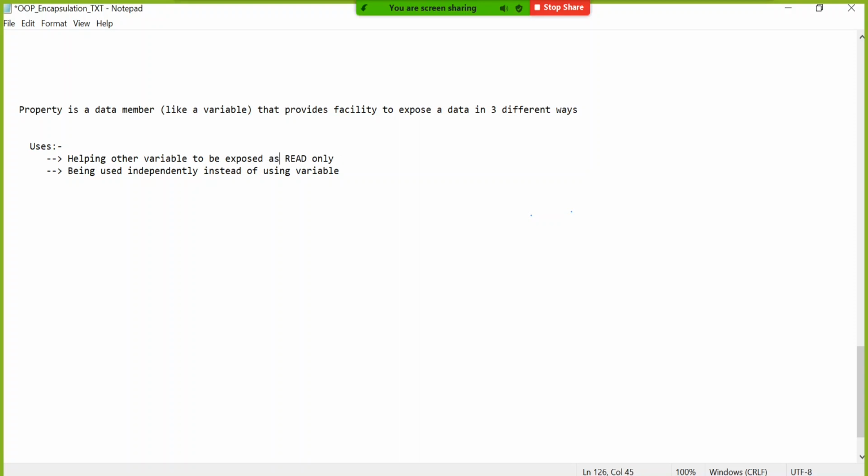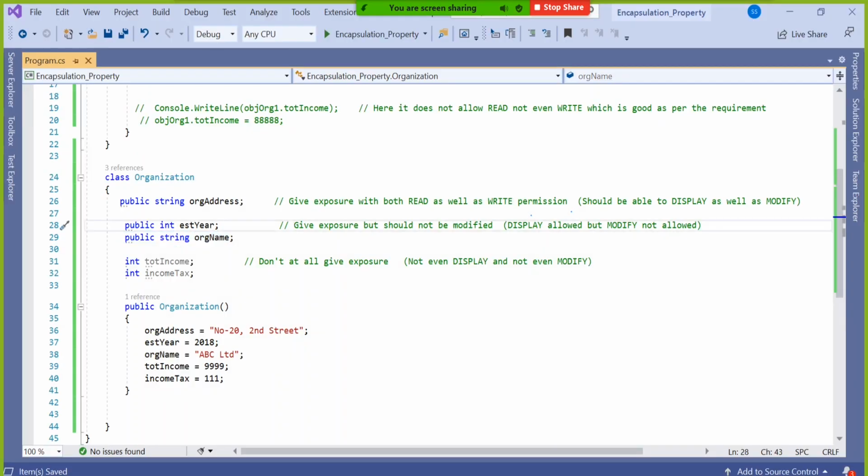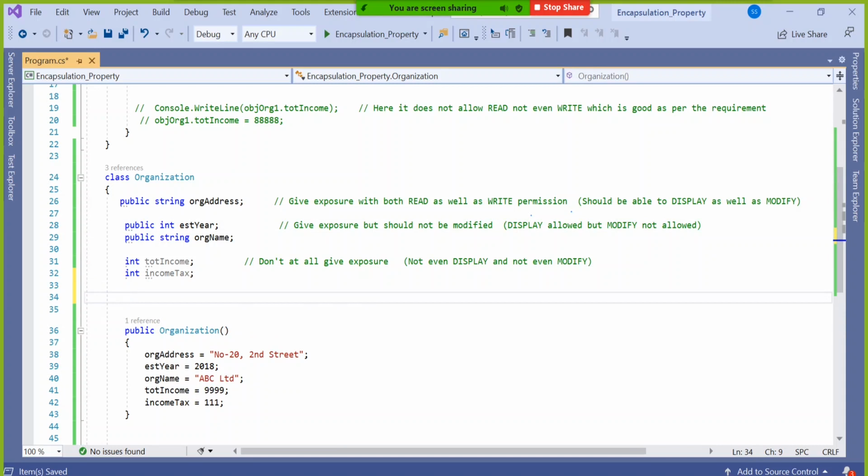So what is our case here? Our case is to use one property which will help my established year variable to be used as read only. So I will quickly create one property here. You can create it below also, no issue. Public. The property will be public because if the helping element itself is not exposed, it is gone.